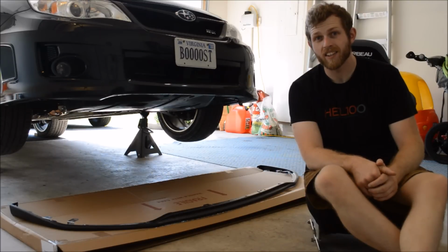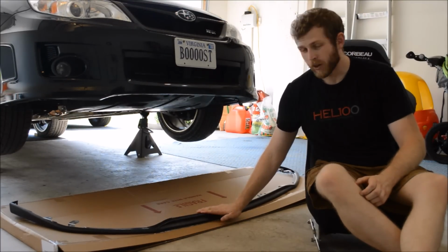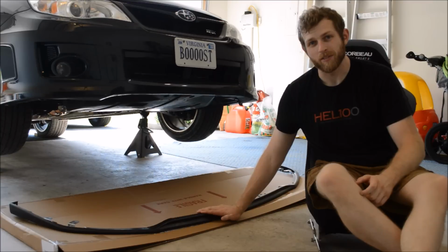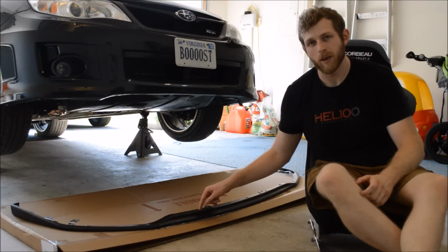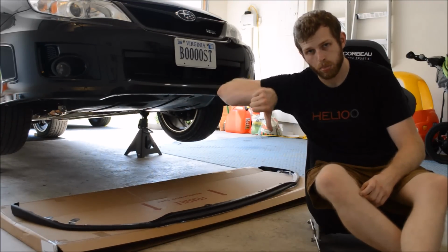What is up, guys? Today we're working on the WRX. We're going to put on a very cheap front lip that I found on Amazon. You can get the same one off of eBay. It's about 50 bucks. It comes with hardware, but the hardware that comes with it is...